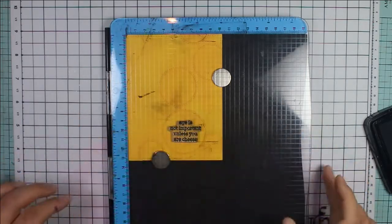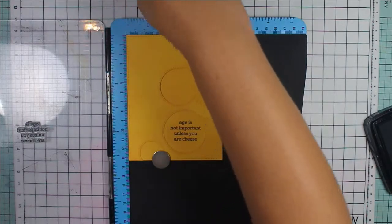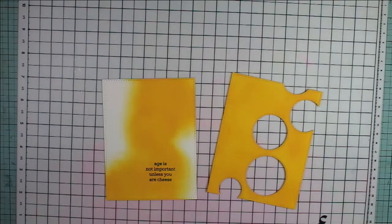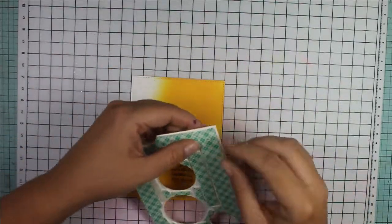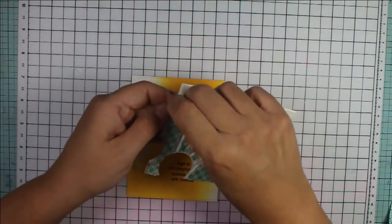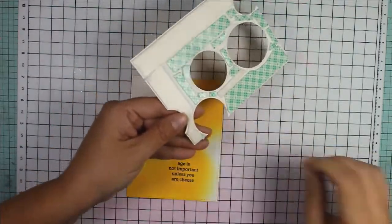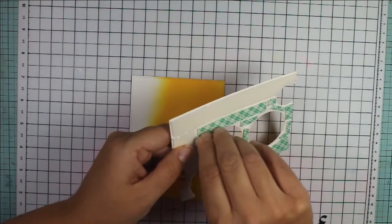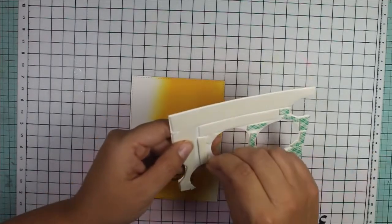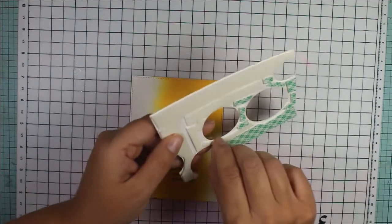I'm stamping that on with some VersaFine Clair Nocturne ink, and I made sure to allow the oxides to dry completely. I find that if I am too fast with stamping my black sentiment, it doesn't come out as black as I like. I'm not sure why, but I made sure that this was completely dry before I stamp my sentiment. I've added a bunch of foam tape to the back of the Holy Cheese